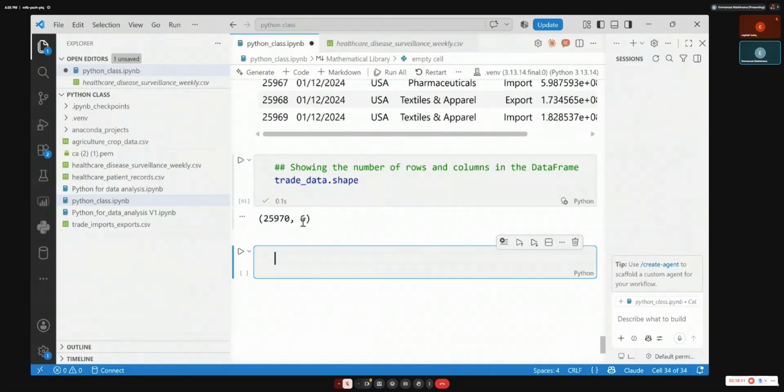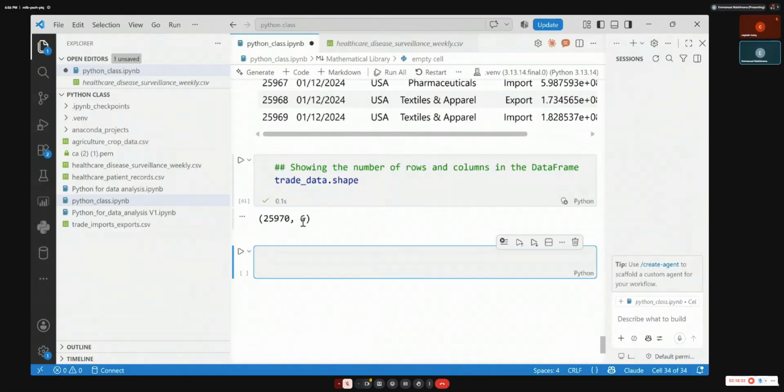Just start with the comment. Where's the comment? Write: display first 5 rows. Just write that, right here in the comment.